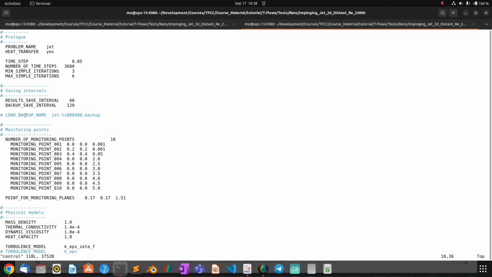And here is the backup file. You define here if you have a backup file already that you want to retrieve the solution from. When you have it, you can activate this line by uncommenting it, and then it will retrieve the solution automatically from what you define over here. Time step 400, 5000. The meaning of this is that sometimes you need to restart the solution from a specific point, because it's better to